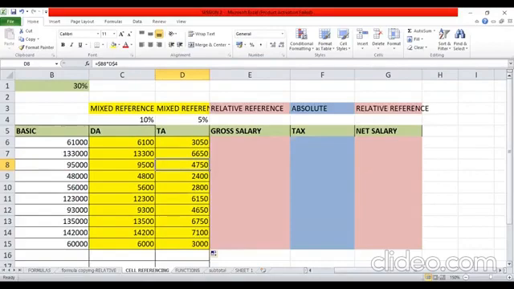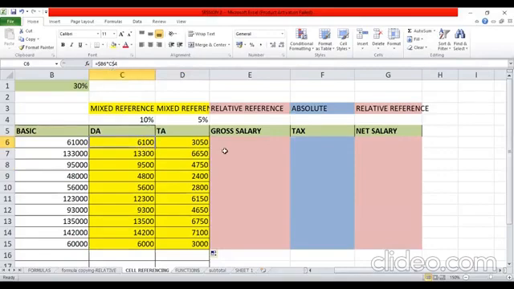Mixed references are ordinarily used whenever we are planning to copy a formula both down the column as well as across the row. If you are only copying it down the column or only copying it across the row, you do not have to use mixed references, then even absolute reference will work. Absolute and relative together will work. So if I only had to copy it down the column, I could even have used, instead of C$4, $C$4 and I would have still done my work.